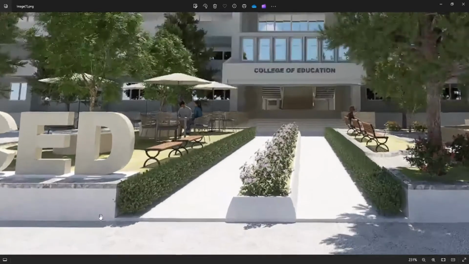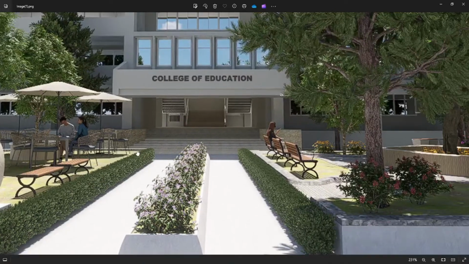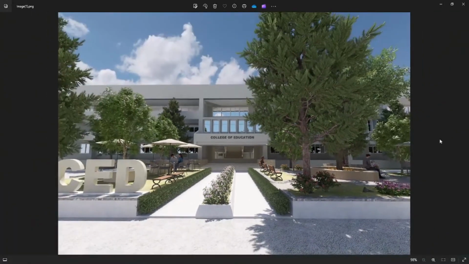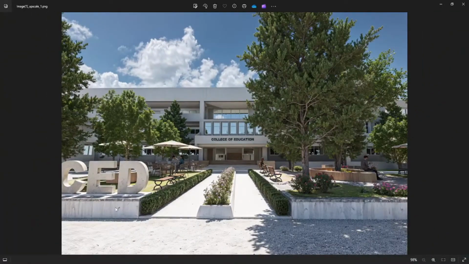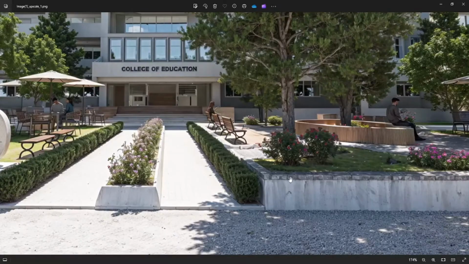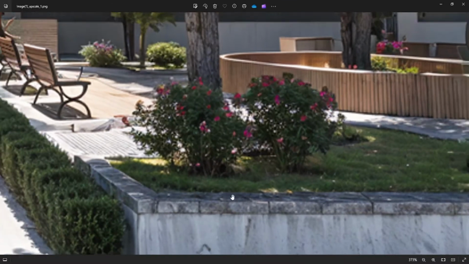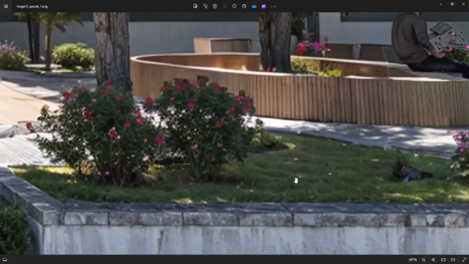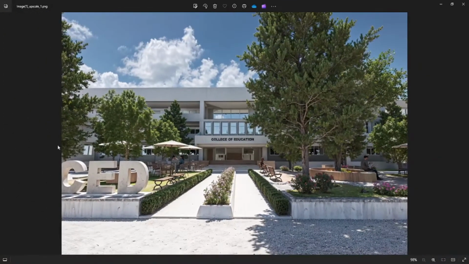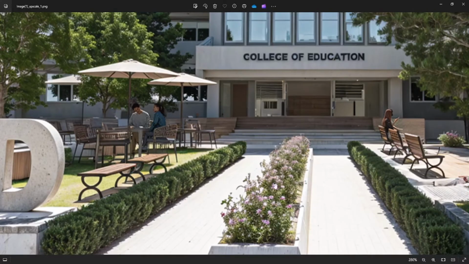So in the original, we can see that the concrete is clean. Then there is not much detail. However, comparing it to the AI enhanced, we can see wall dirts. You can also see it here on the other side. Then the grass as well has height. It also shows a realistic feature. So with this AI enhancer, we can see that the image has been improved to make it appear more realistic. Then also here in the hedge, the flowers in the center.